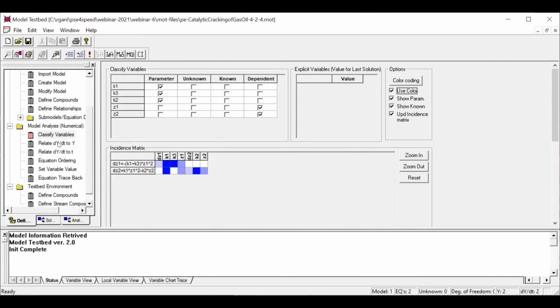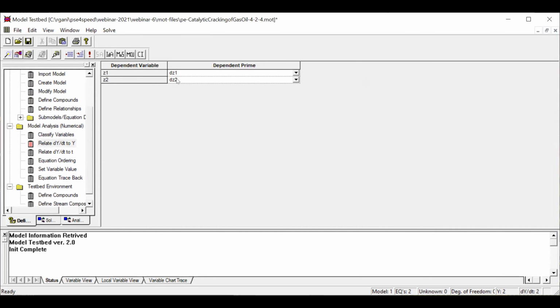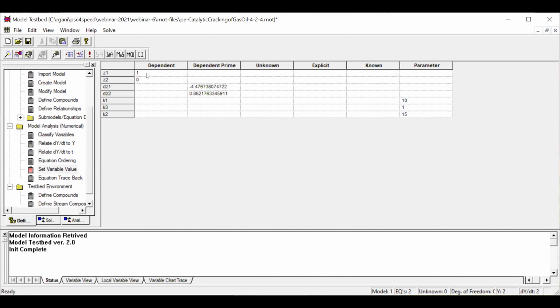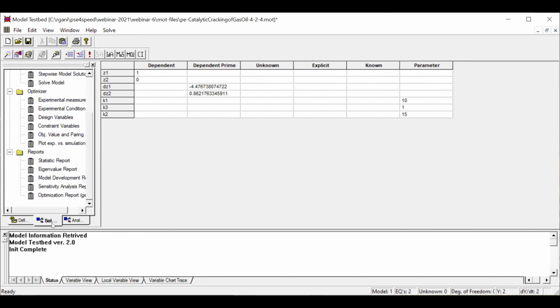And we relate the differential equations, Z1 to dZ1, Z2 to dZ2. We go to the set variable value. Initially, Z1 is 1, Z2 is 0. And these are the initial values of the three parameters, 10, 1, and 15. We don't need to worry about that. It will be calculated. But now we need to put the experimental data because we are going to fit